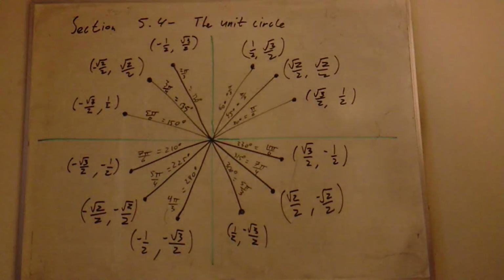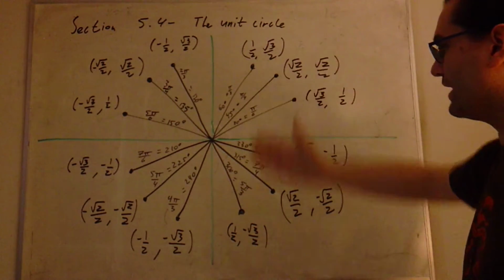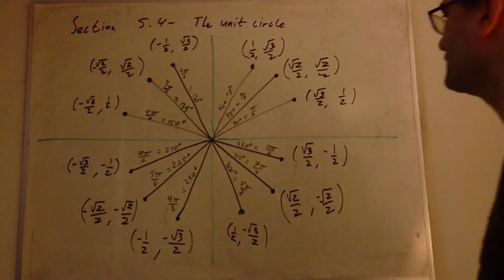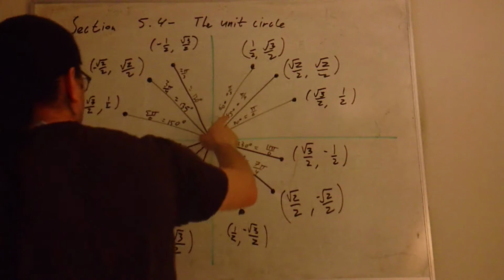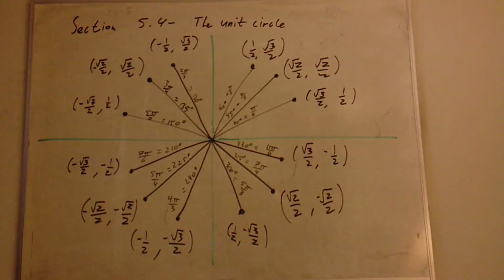So these are all 12 of the important angles as they appear in each quadrant. This is your 30, your 45, and your 60-degree reference angle in each quadrant. It gives us 12 total angles. And we have the coordinates of each. And the beautiful thing about this is,